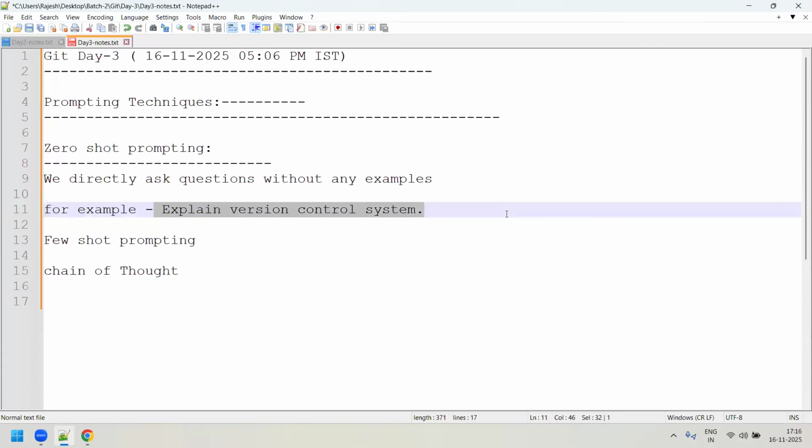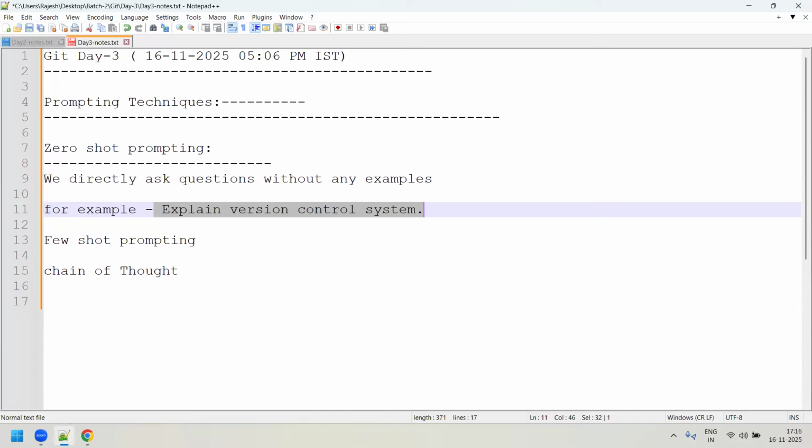With Google, you just type and send it, and Google will give elaborate information. Same thing with the AI tool also. If you ask a direct question like that, even though it is capable enough to answer it, the problem is that it will give an elaborate answer. A 2, 3 page answer it will give, which is not really required for us. We need a crisp answer. So that's the reason you need to use some better prompts actually.